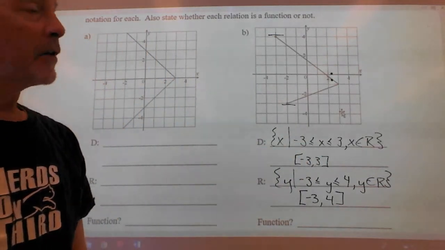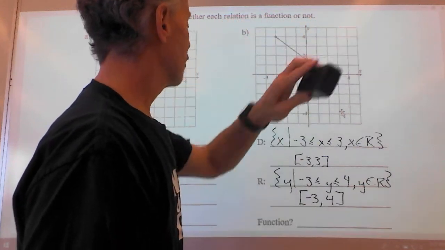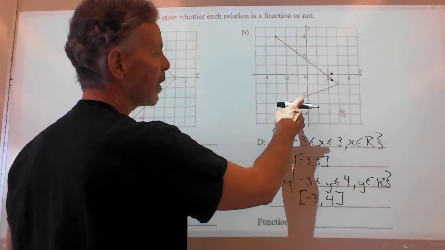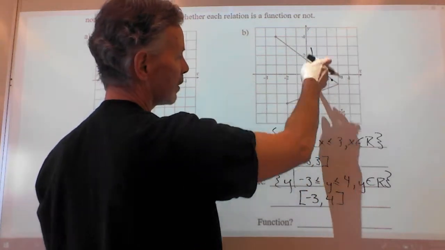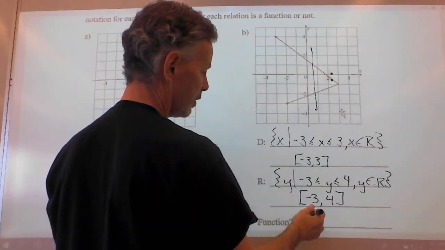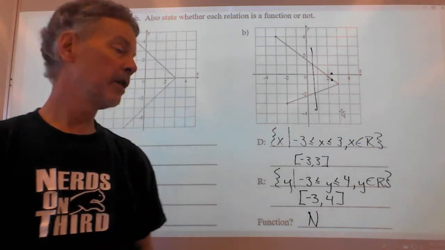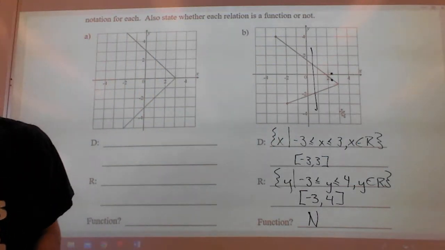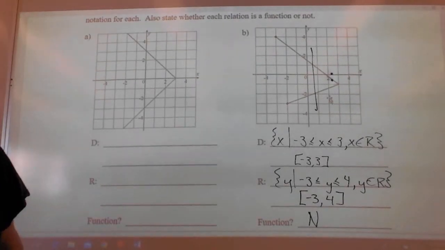Finally, is it a function? Well, again, remember I said in the last video, if you've got a graphed line, it's easy. A vertical line crosses twice, so it's not a function. Remember, it can only cross once in order for it to be a function. Okay, speaking of functions, we're going to move on and take a look at